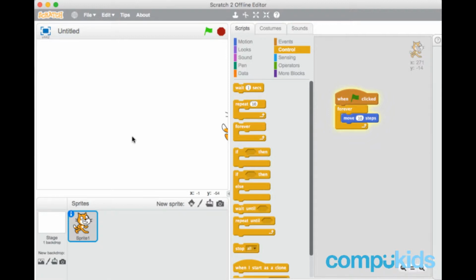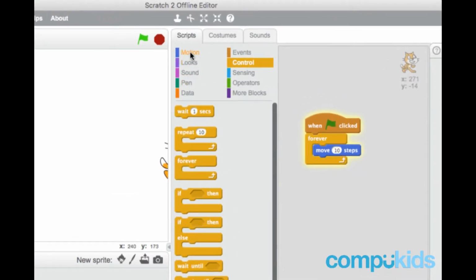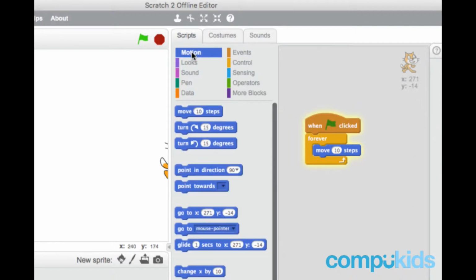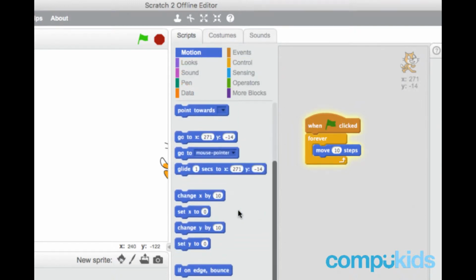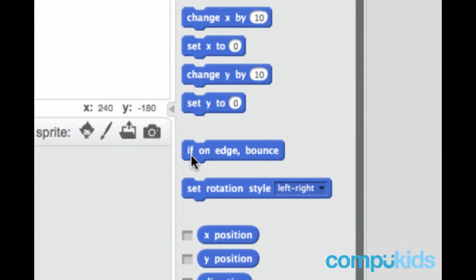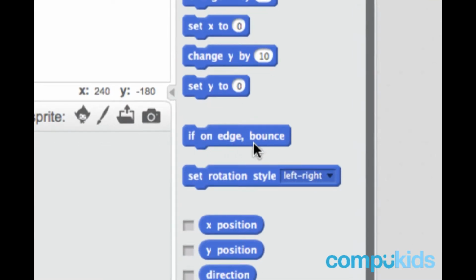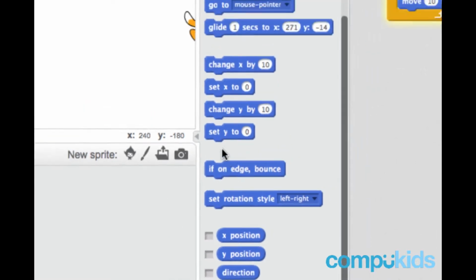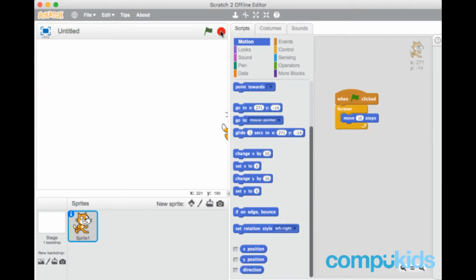Now to do this, we go back to the motion tab, and right there towards the bottom we'll see this piece, if on edge, bounce. Now I think this is self-explanatory what it actually does. When the cat reaches the edge, it will bounce backwards. Alright, in other words, it will head off in the opposite direction. Let's try this out. We'll stop the program,